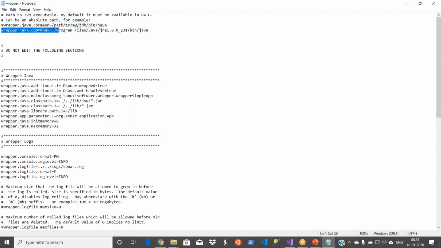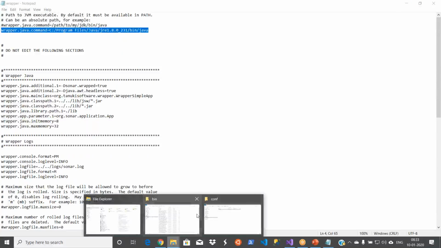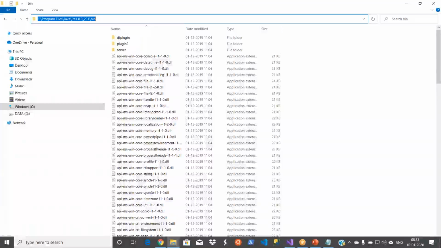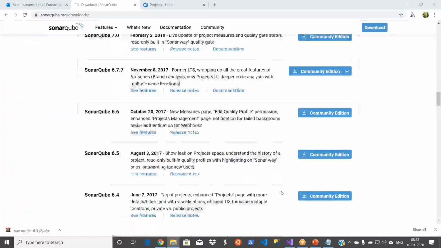basically you will not have this line. You see this, this is a path to my Java installation directory: C colon, Program Files, Java, JRE1 pack. I just open this. This is the path actually. Okay. So when you first open this, your